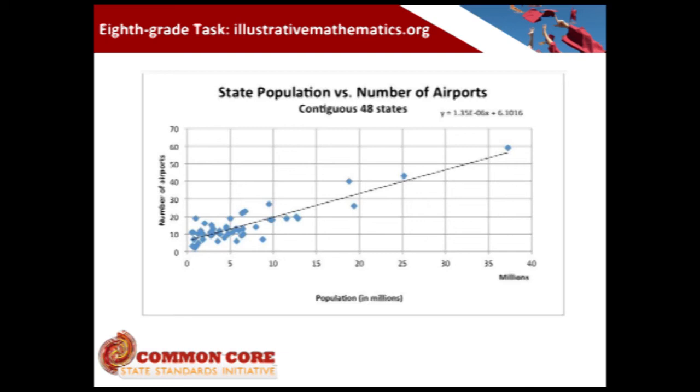And they have already put in the model for you. Now, what's interesting to note is the notation on the model. And that's one of the biggest reasons I chose this task. You see up there in the top right-hand corner, it's hard for me to point in the PowerPoint, but you can see there, y equals 1.35 e negative 06x plus 6.1016. And so that helps you see that they're going to be using kind of calculator notation for scientific notation in